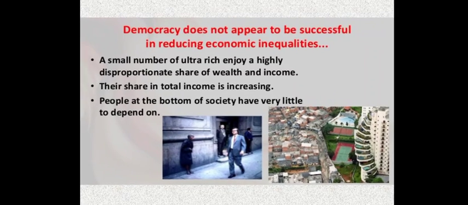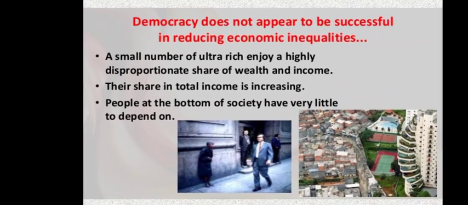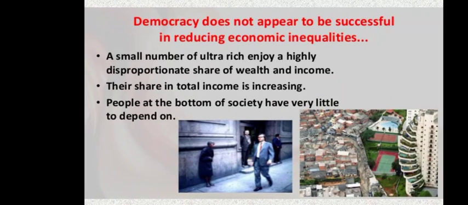So children, it is clear that in democracy the economic growth is accompanied by increased inequalities among the people, and year by year, day by day, the gap between rich and poor gets widened, and it is clear that democracy does not appear to be successful in reducing economic inequalities. You can see the first point: a small number of ultra rich enjoy a highly disproportionate share of wealth and income, as in South Africa, Brazil, Russia, and thus their share in the total income of the countries